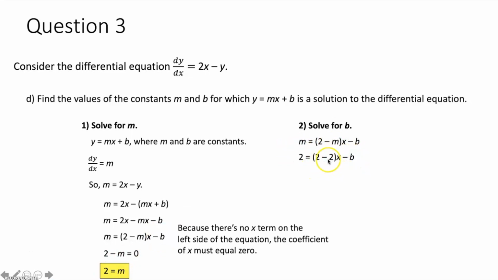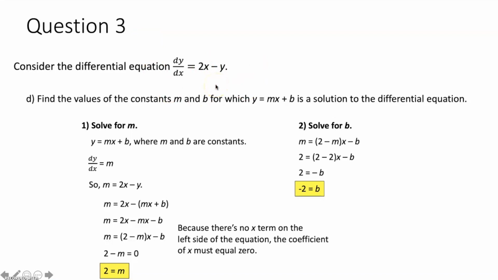Well, technically, this quantity, 2 minus 2, is going to be 0. And 0 times x, that's 0. So it cancels out our x. Perfect. So 0 minus b is just going to be negative b, meaning b has to equal negative 2. Sweet. We have found m and b so that y equals mx plus b is a solution to this given